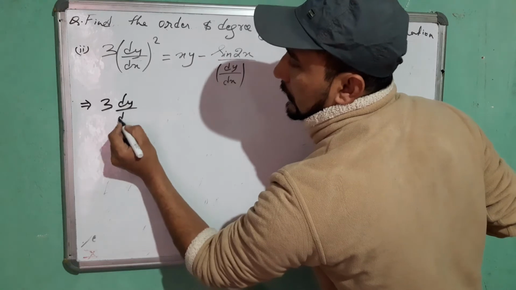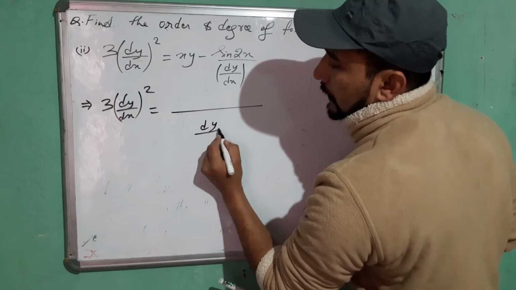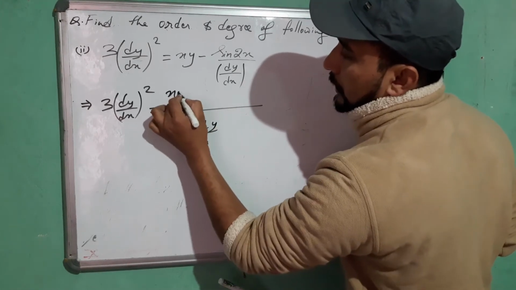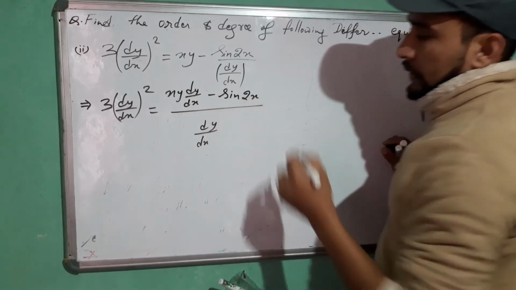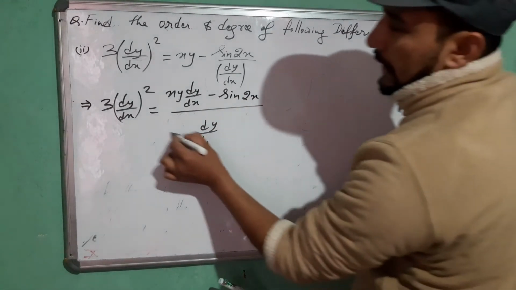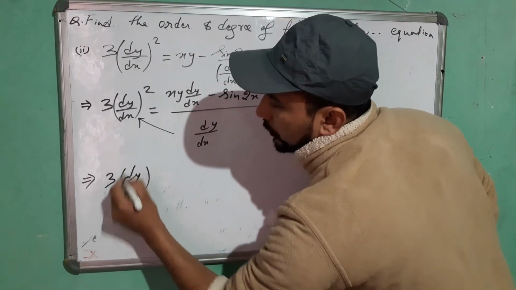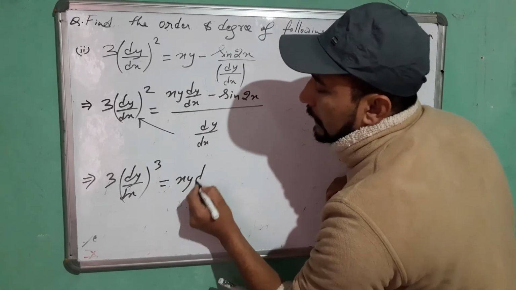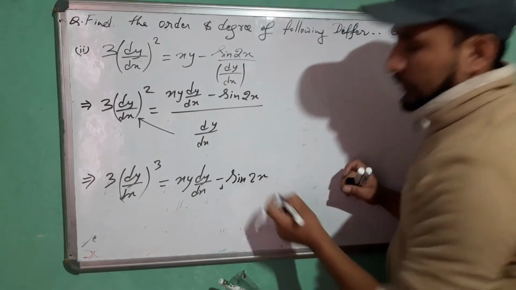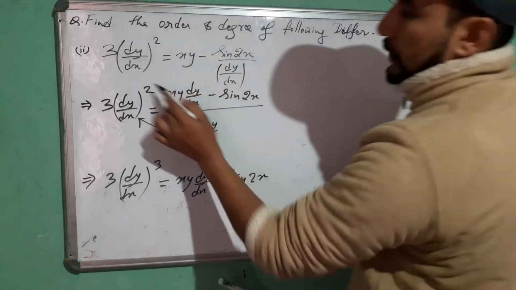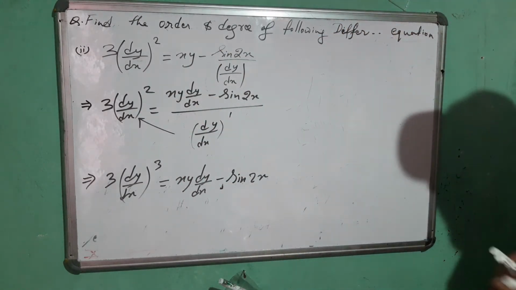3 dy dx whole square, here you have to do the LCM. Dy dx is the LCM, so xy dy dx minus sine 2x you'll get. Okay, this will multiply here, cross multiplication. 3 dy dx whole cube you will get is equals to xy dy dx minus sine 2x. Here you have 2 and here in its power you have 1, so power gets added if the base is same. Okay,